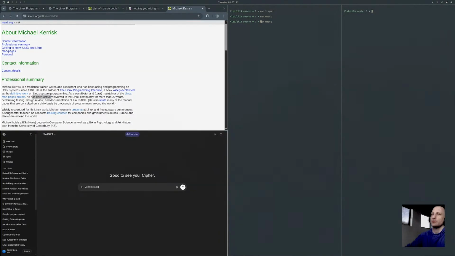Write me a quick shell script that searches all the man pages for authors and then counts the frequency of each author, as in how many man pages they are listed as authors in.